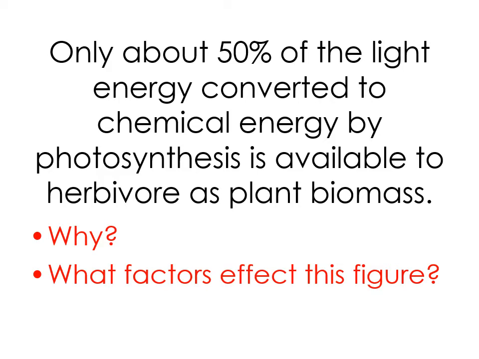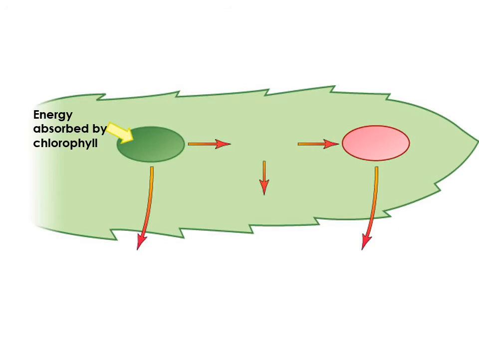Okay, so let's have a look. Okay, so the energy is absorbed by the chlorophyll in the plant and used in photosynthesis. Okay, and we said that there's some heat loss during that process. It might not be the right wavelength. Some of the light energy is used to evaporate water. There's lots of reasons why that wasn't very efficient, but that resulted in a certain amount, between 1 and 3% of the light energy available being converted into glucose within the plant.